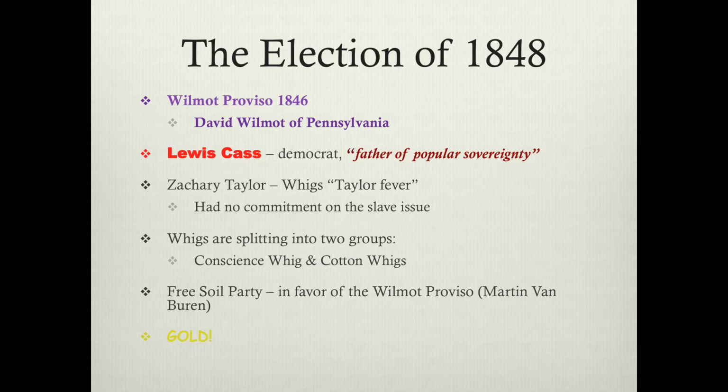Not really. Lewis Cass, a general, becomes known as the father of popular sovereignty. The one thing he does preach throughout his campaign is this concept of popular sovereignty. Well, what is that? Popular is the people, sovereignty is the right to rule. So the people have the right to rule, and that's part of democracy. You prove that right by, you know what it is? How do you prove your right to rule in your state or your country or your little town or city? The vote. Yes, the vote.